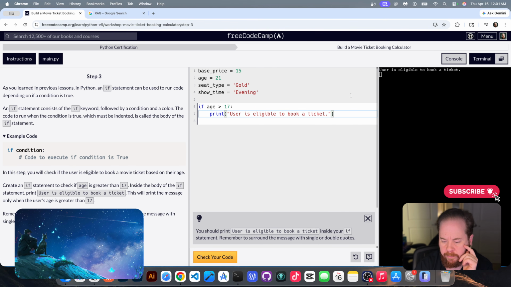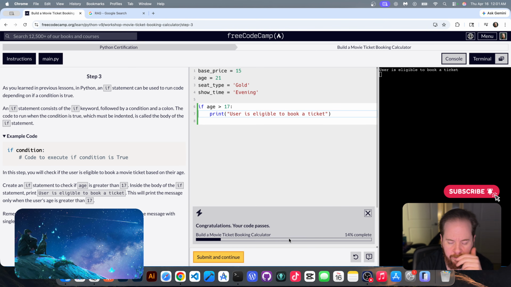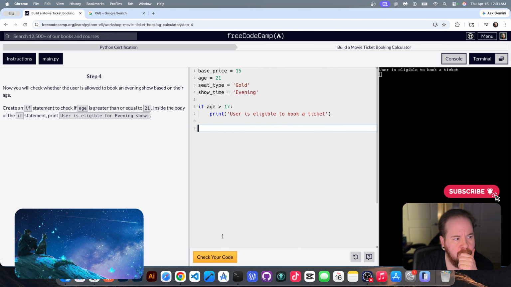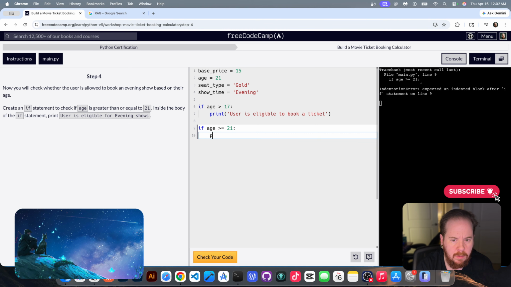If the age is greater than or equal to 21, print. They want user is eligible for evening